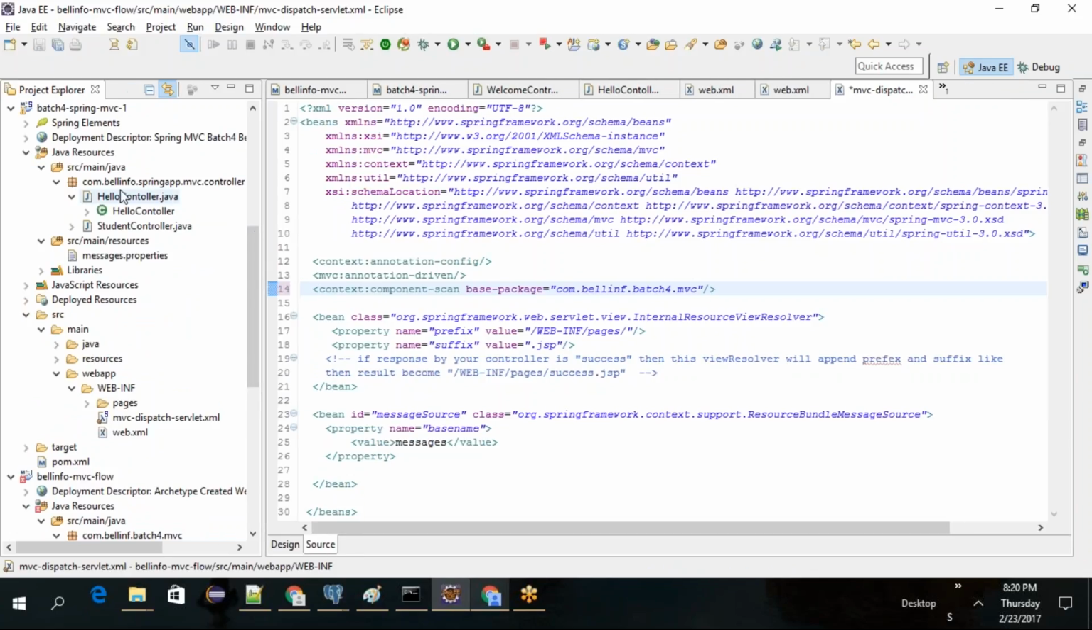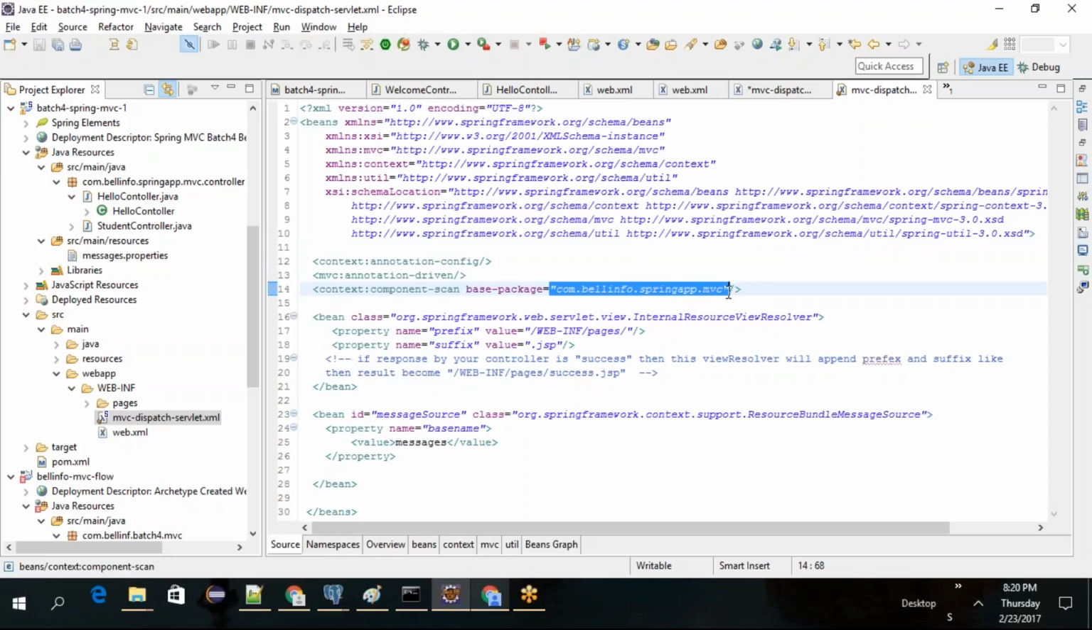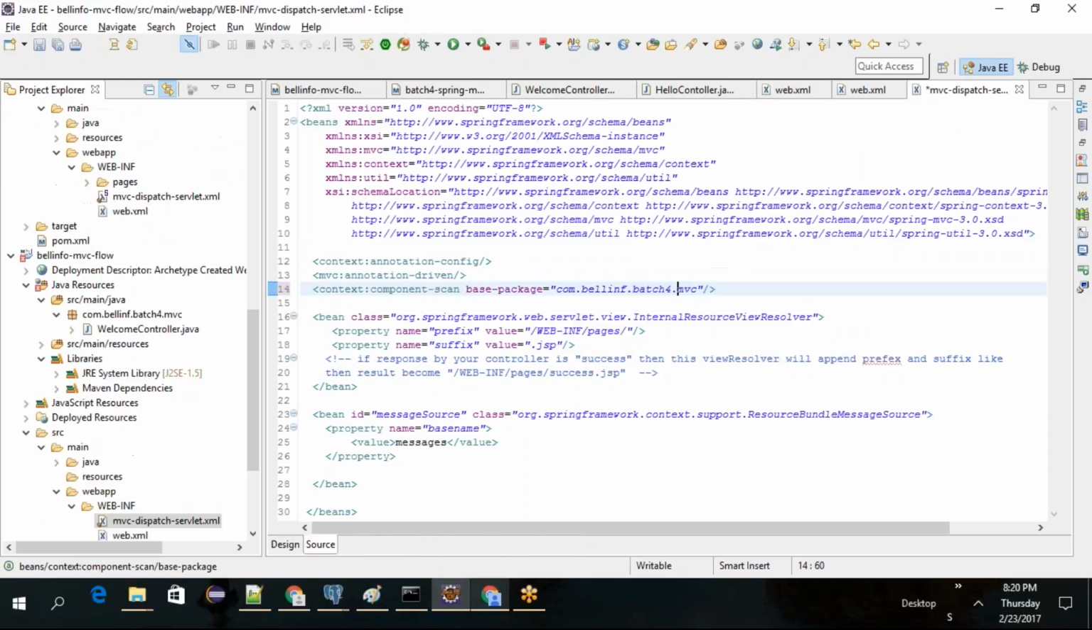See, what is the name we have? com.bellinfo.springapp.mvc.controller, right? But what we mentioned here, com.bellinfo.springapp.mvc, that is also another problem. So you need to provide what package you need to scan. This package is nowhere there. The package name is com.bellinfo.springapp.mvc.controller, but you configured com.bellinfo.springapp.mvc, right? Okay, package annotations we configured, annotation config we configured,